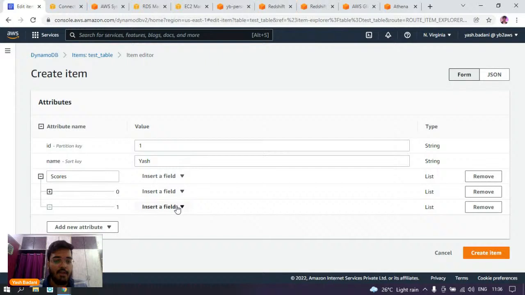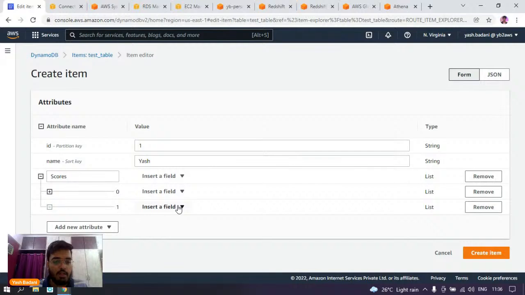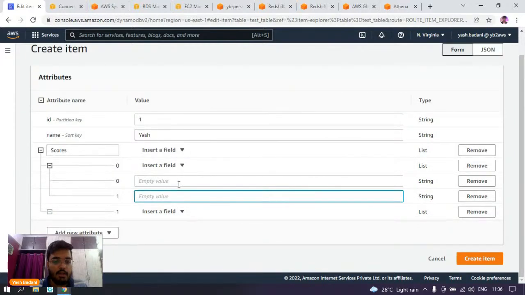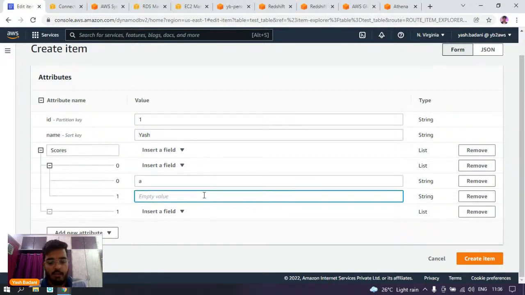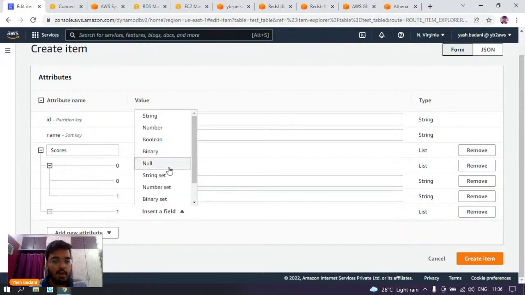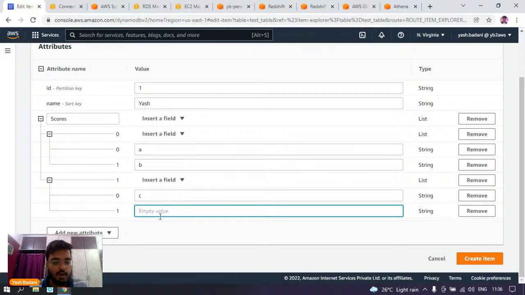I want to add a string value, I want to add a number, a string. Okay, so let's say I have a and b here. I have a string added here, which is c, and d here. Okay, now when I create this item,